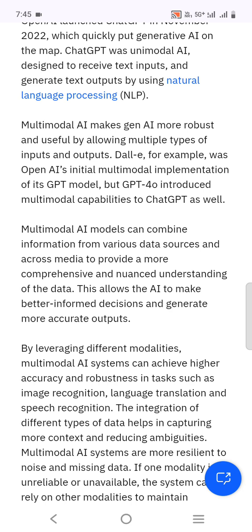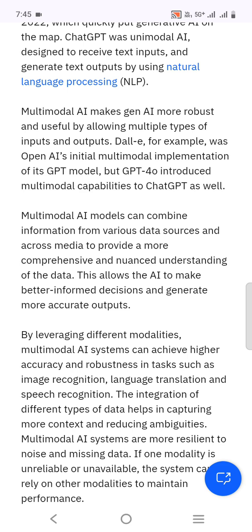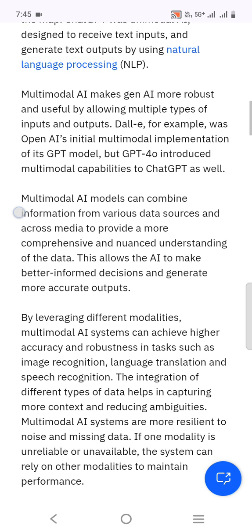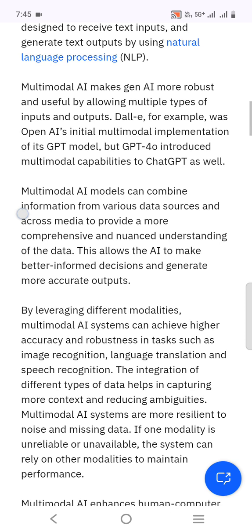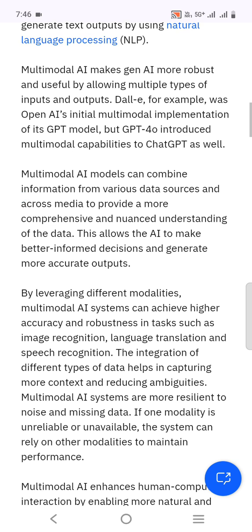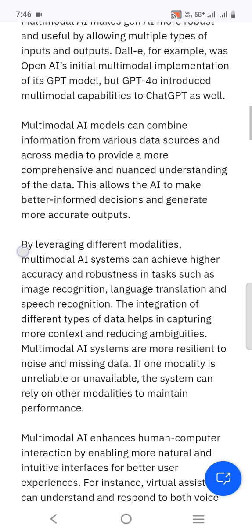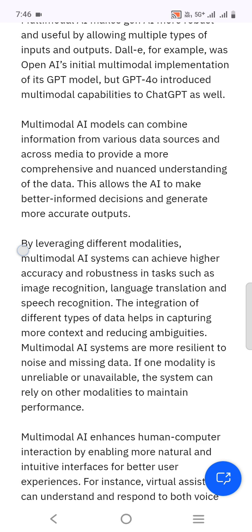DALL-E, for example, was OpenAI's initial multimodal implementation of its GPT model, but GPT-4o introduced multimodal capabilities to ChatGPT as well.